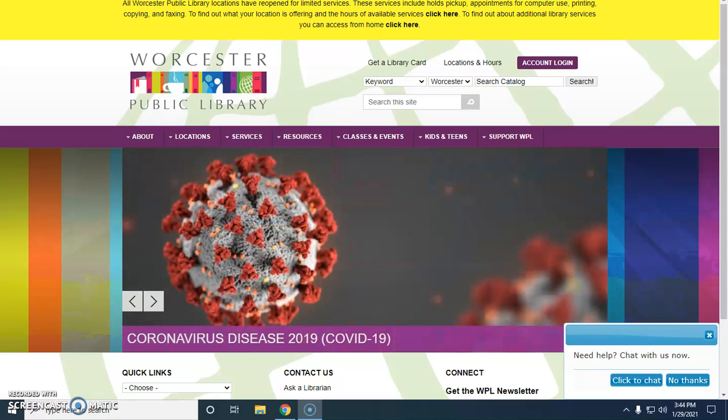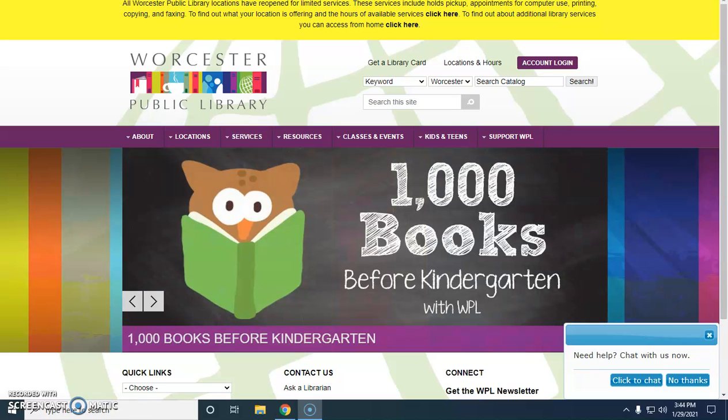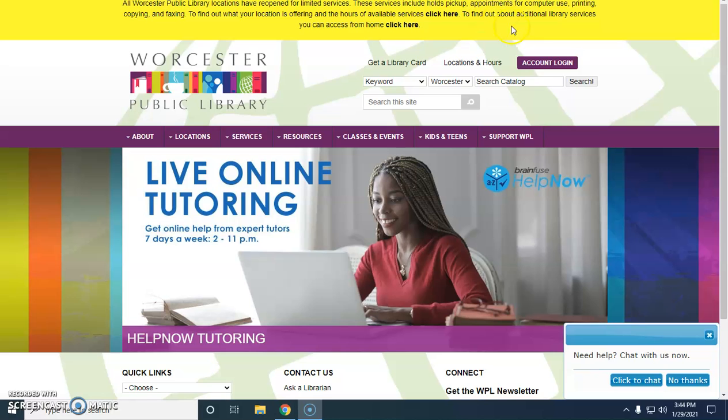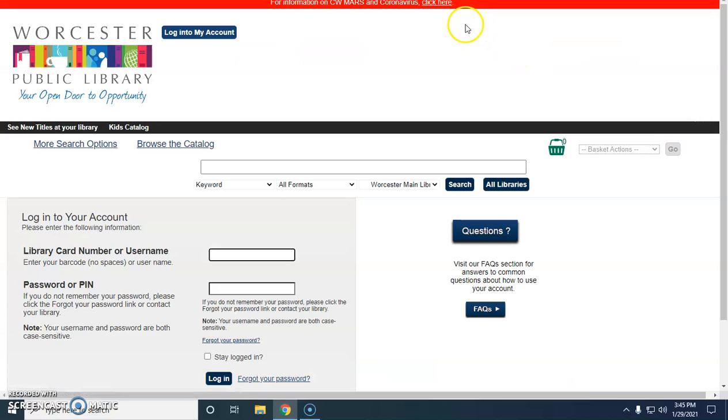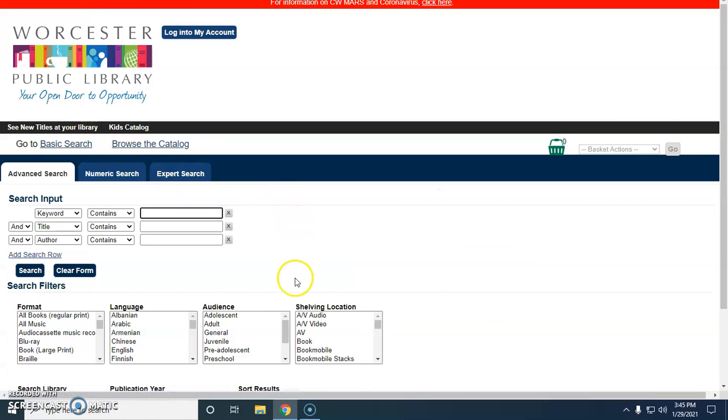There are a couple ways to do this, and I'll go through both of them. If you start by going to our website, mywpl.org, you can click on Account Login right here to get into our online catalog. And then you can either log into your account, or you can just click on More Search Options right here. You're going to see two little things that you want to pay attention to. The first is shelving location, and you'll want to scroll down and go to world languages and